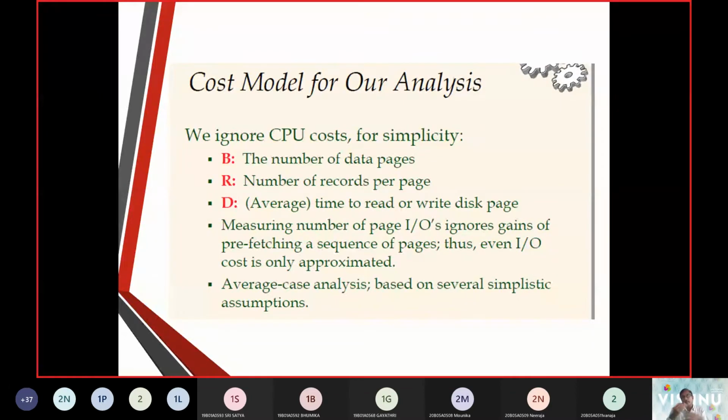Now, either in a clustered model or in an unclustered model, we need to estimate the cost.